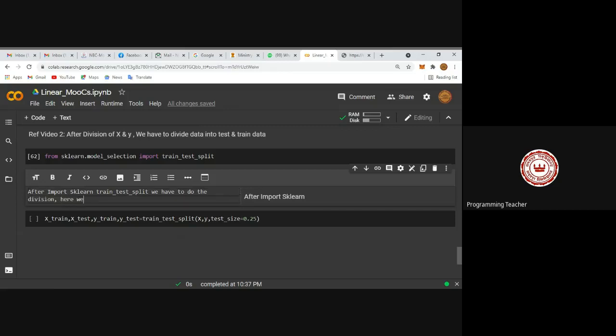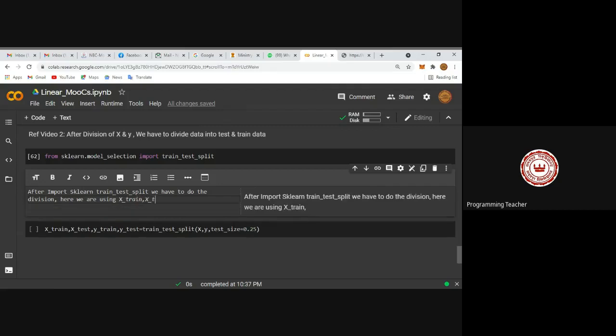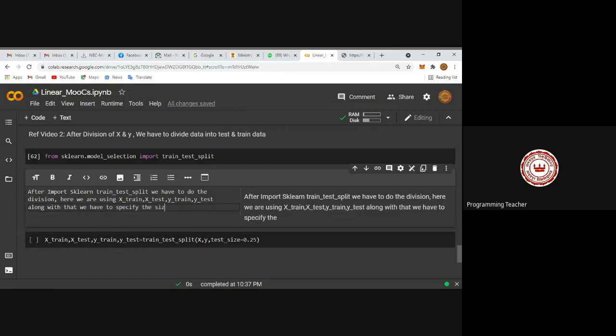Here we are using xtrain, xtest, ytrain, ytest. Along with that, we have to specify the size of my test data, which can be any percentage of the mother data.